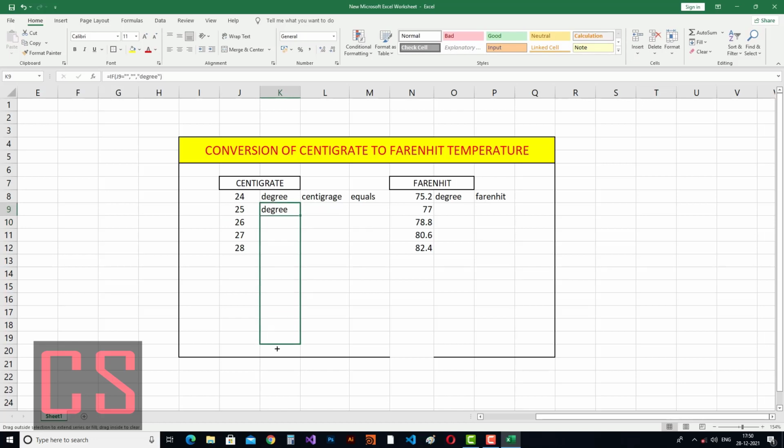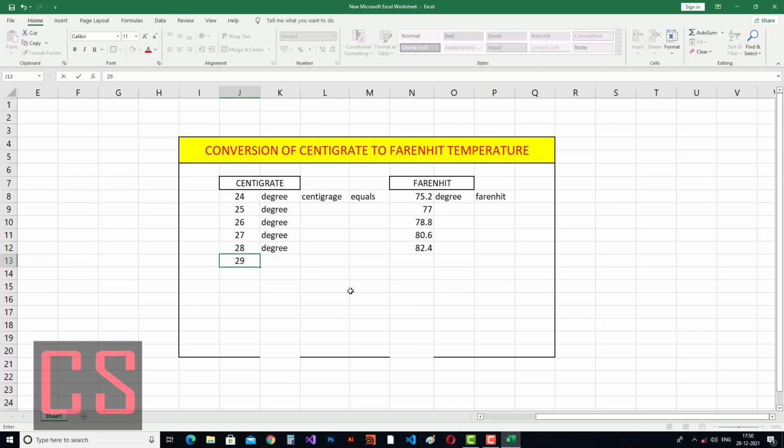So if I enter 29 degrees centigrade, you see the degree automatically comes.